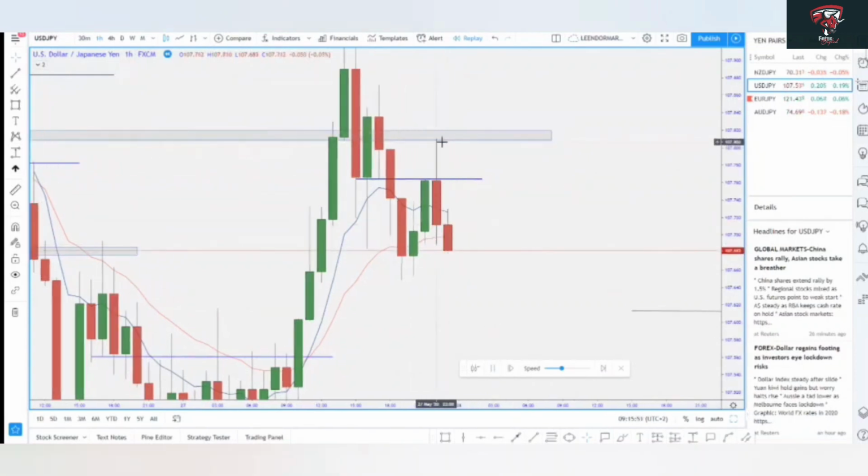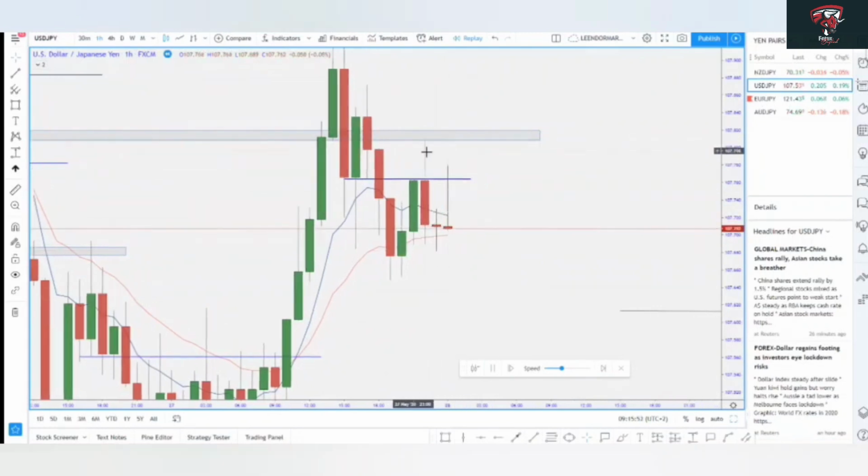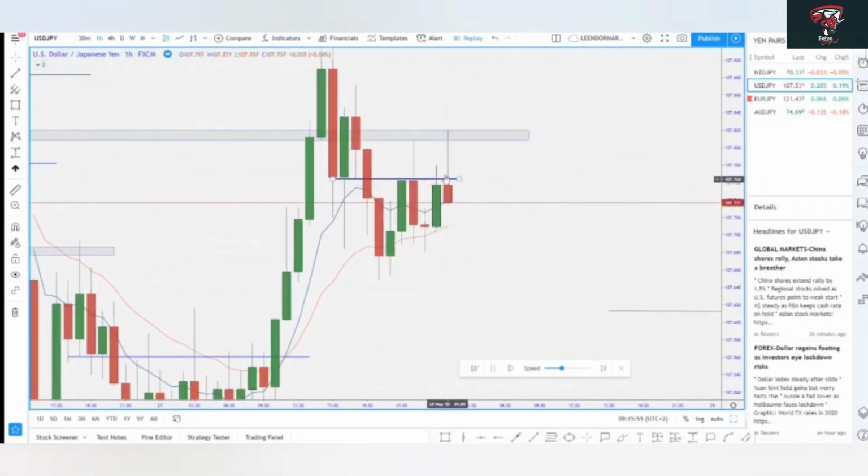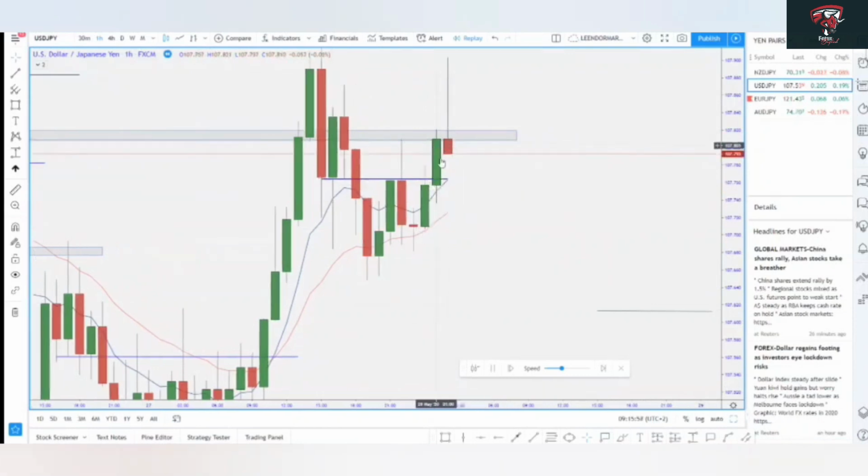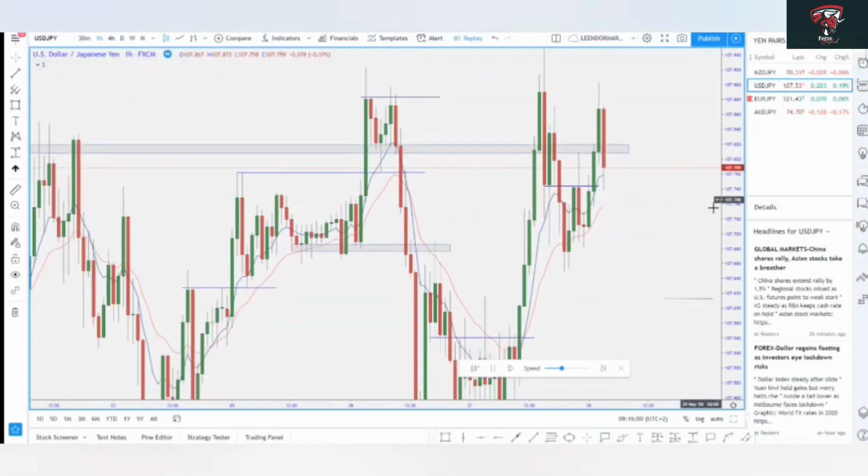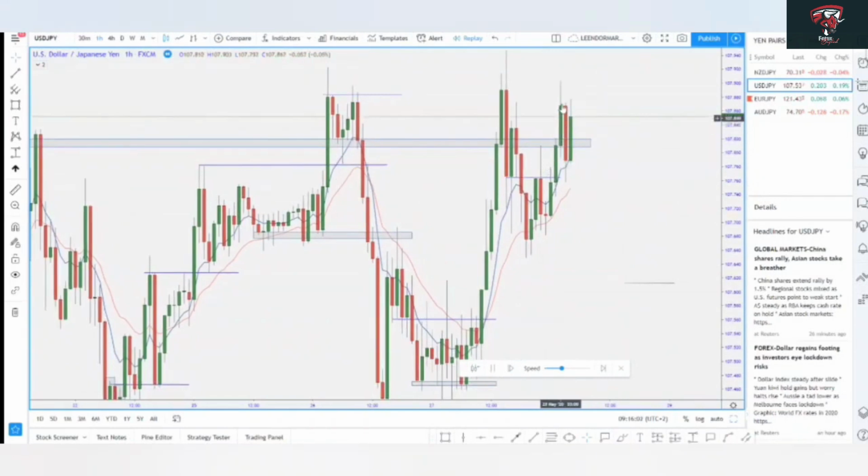Look at that, look at that. They did actually come to touch that level to the T. Look at this. They broke out, they now came back to retest. Look at that. So the market is kind of faking above right now,